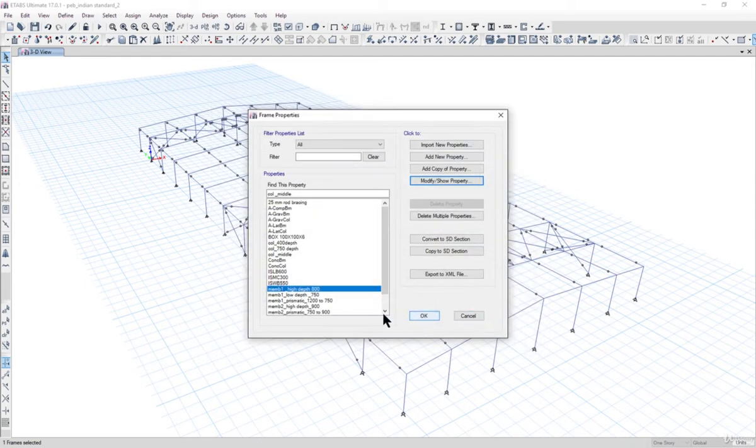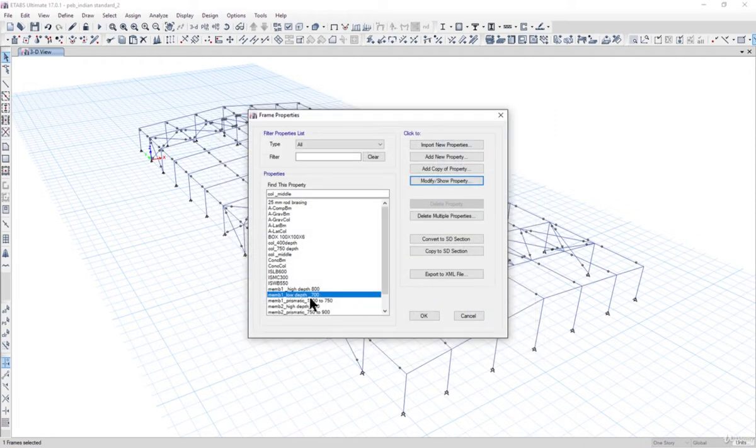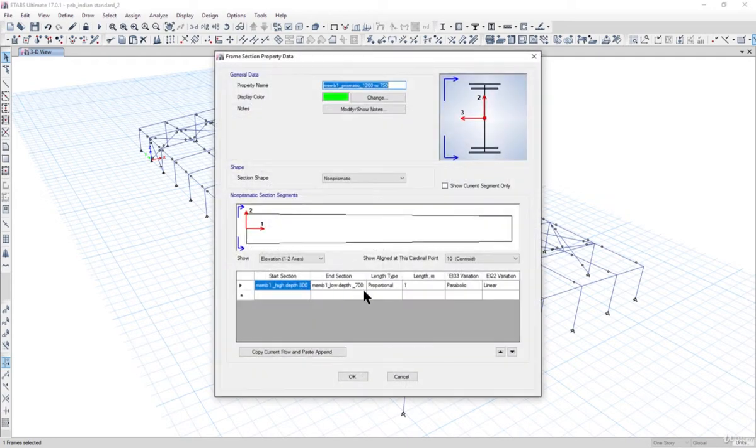So we left click on OK here, and then again member 1_load depth needs to be changed to 700 mm here, 700, 300 and 16. Web thickness can be decreased to 8 mm, and this can also be changed to 300 and 16 mm. So left click on OK here, and after that, this section was made up of 800 and 700. So this has automatically changed here, and we can rename this section here 800 to 700.